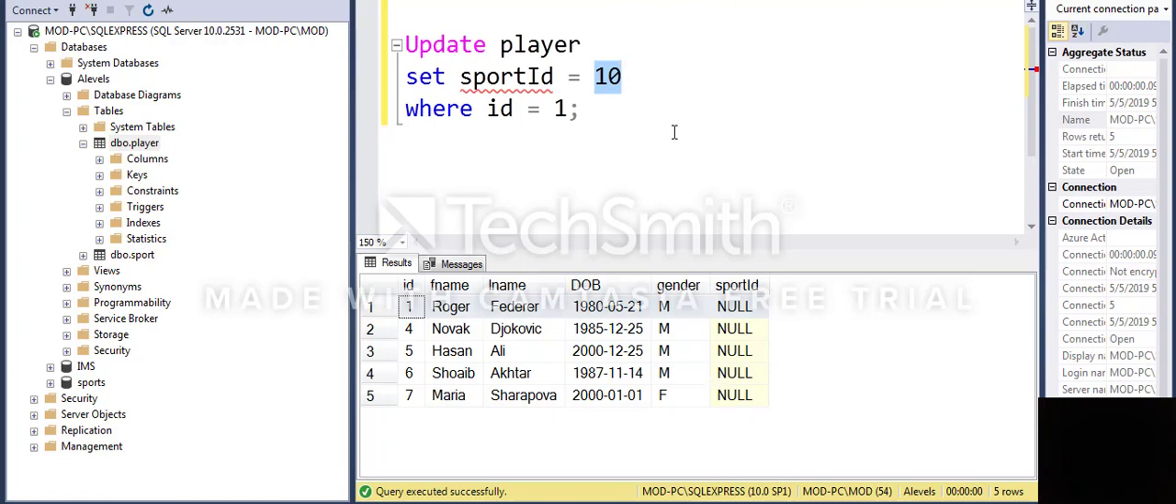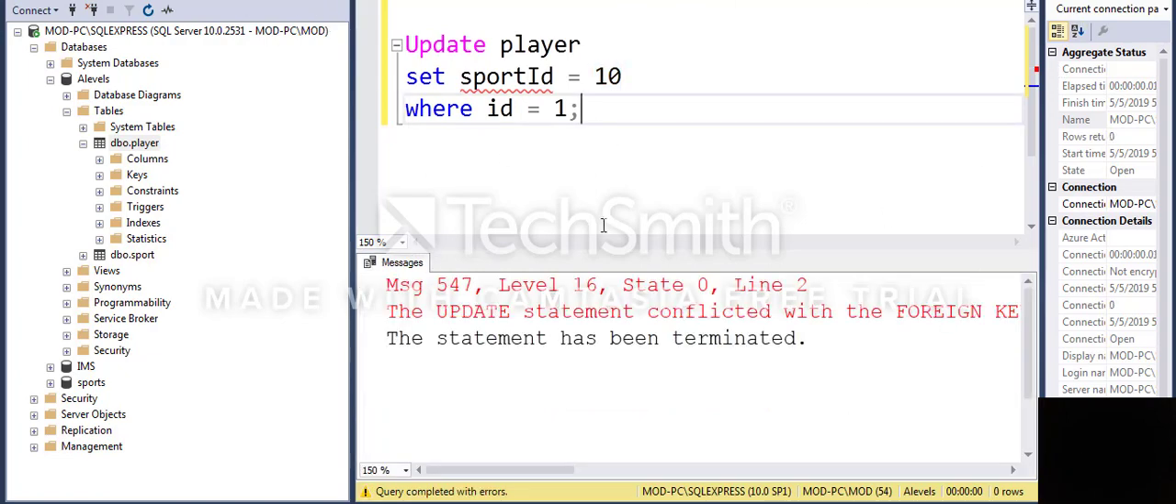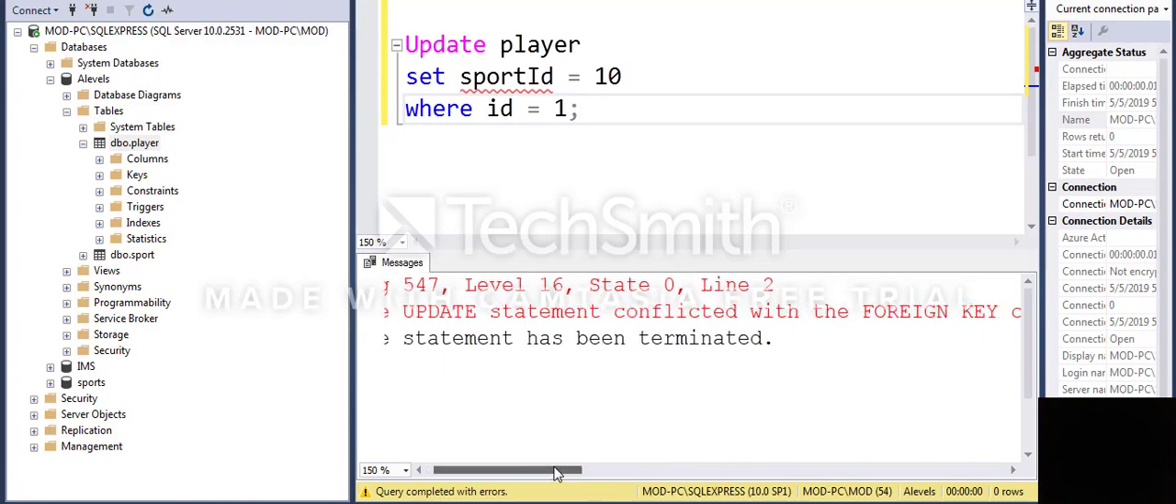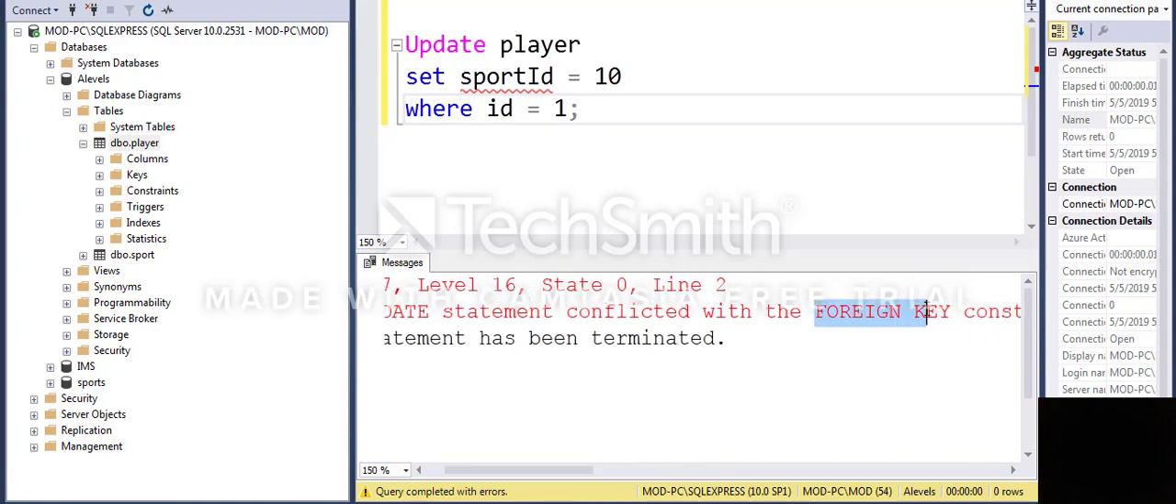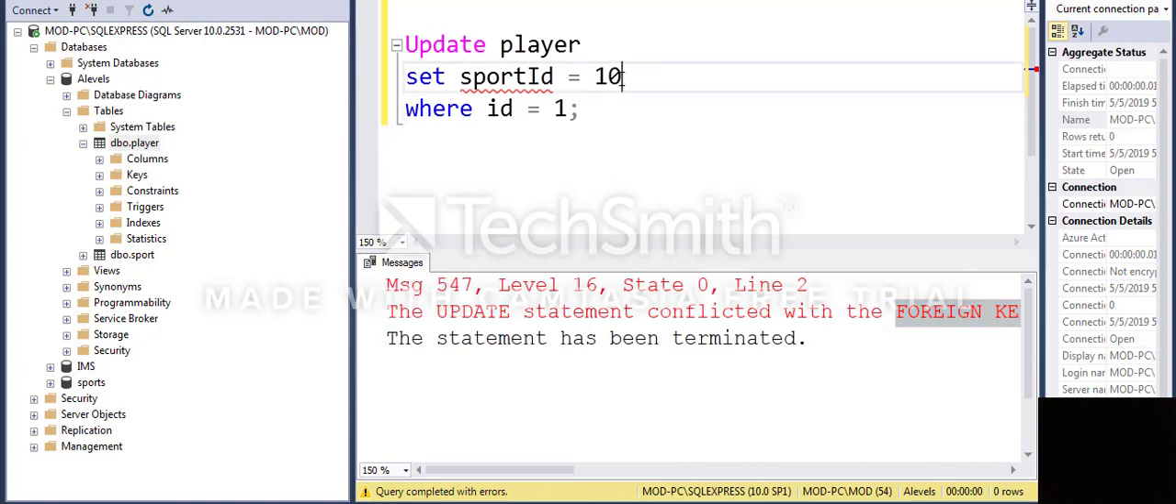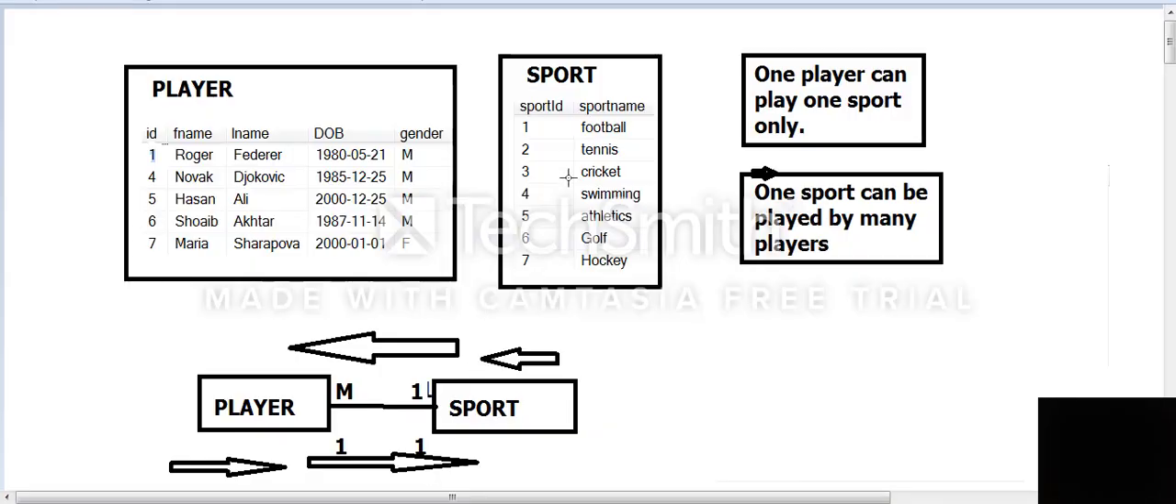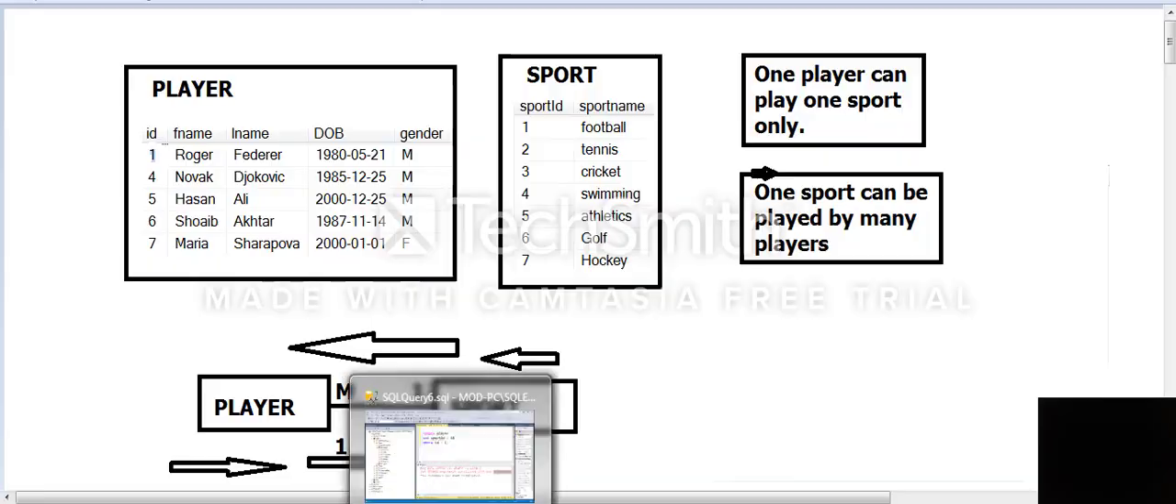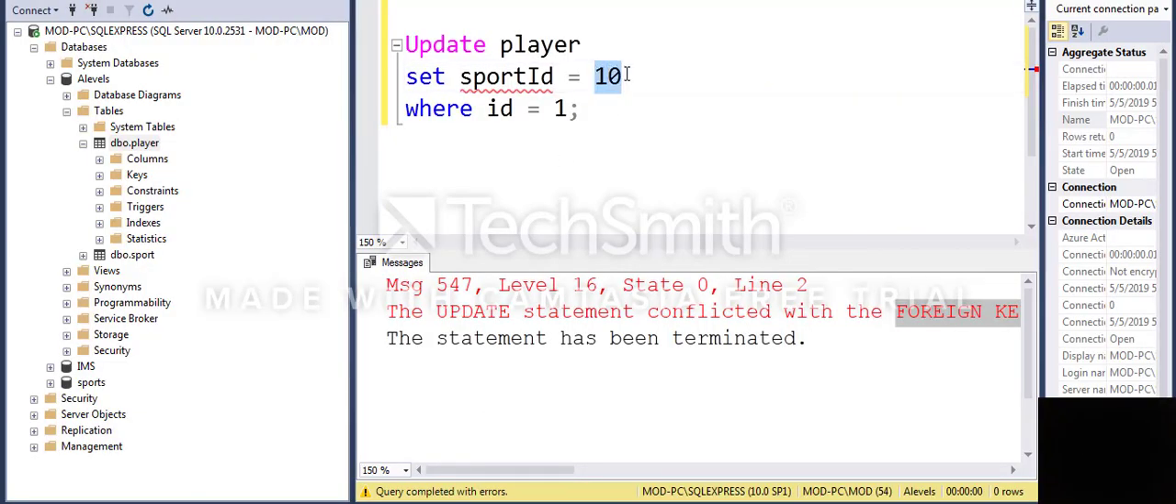So when I execute this, it's going to give me an error. If you take a look at the error, it's mentioning that it is because of the foreign key constraint. You are trying to add a value that's not there in the sport table. So let's go back. The sport ID for tennis is 2. So if I just use 2 as the sport ID for Roger Federer and execute this,